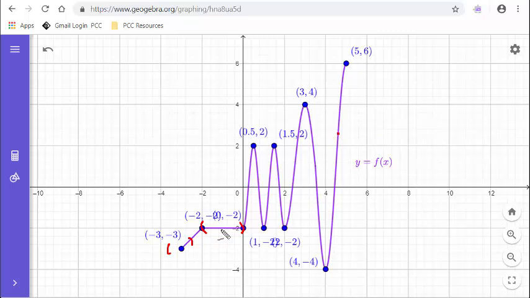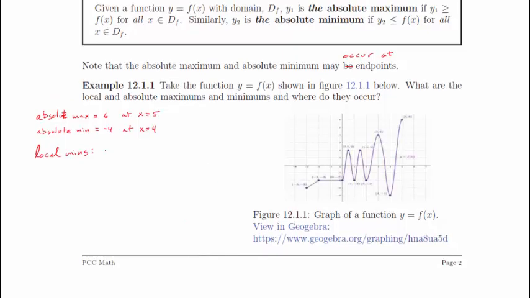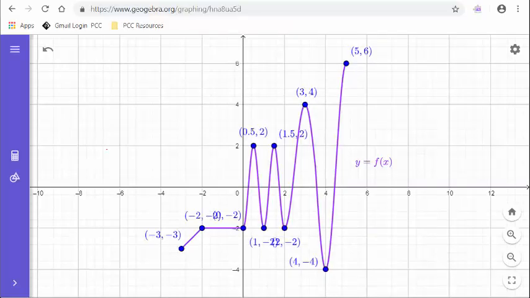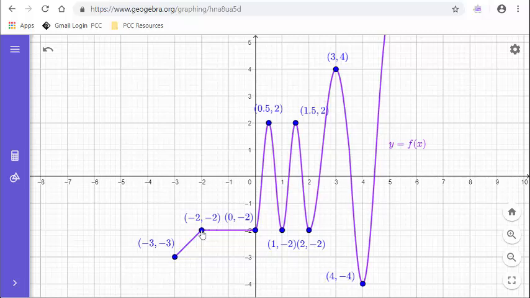So let's write that down here. All right, so we have a local minimum of -2. And this occurred on this stretch from when x is -2 to x is 0. And when x is -2, we do have that y value. When x is 0, we do have that y value. So the -2 occurs on that, but the way that we're going to call it a local min is that